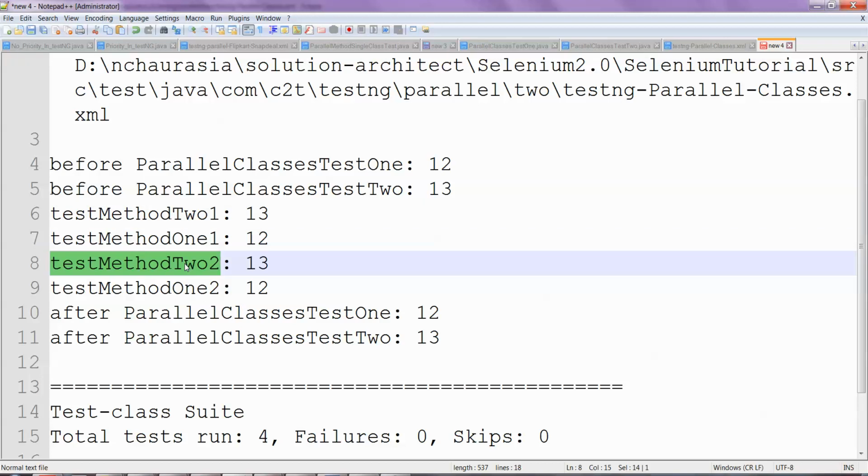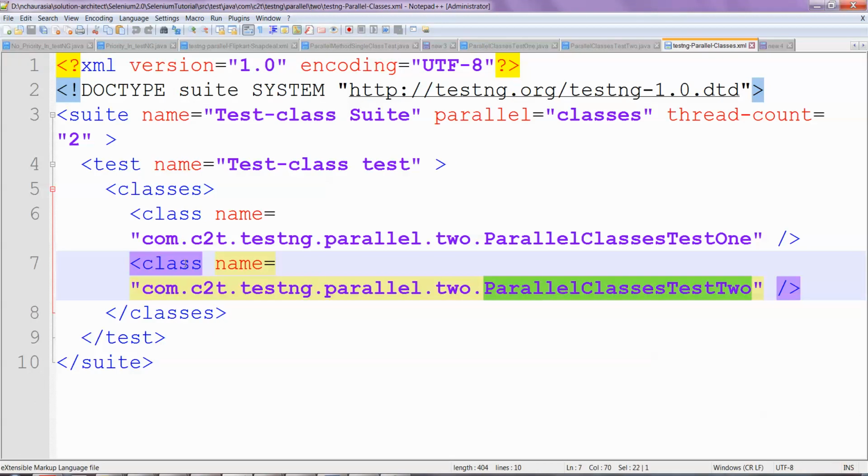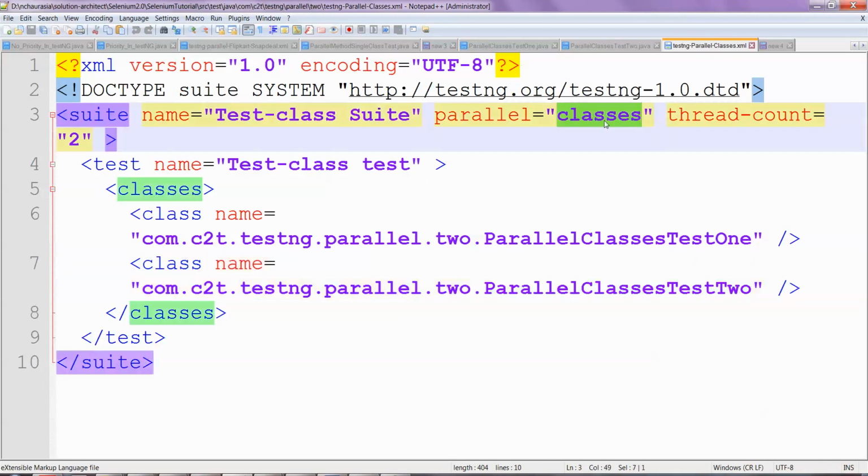Okay, so the difference this time is that we have specified that parallel is classes and thread count is 2. Okay, then there can be conflicts in the priority. Yes, there are two classes, and in the methods of both we have given the same priority. So the priority of the test cases of one class will be different, and the other one will have different priority. So class 1, class 2: in this class the priority is for this thread, in the other one it is a different thread. Okay,